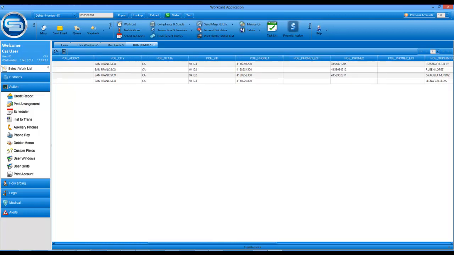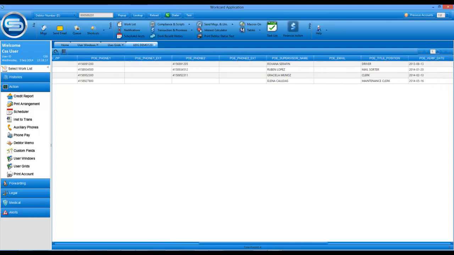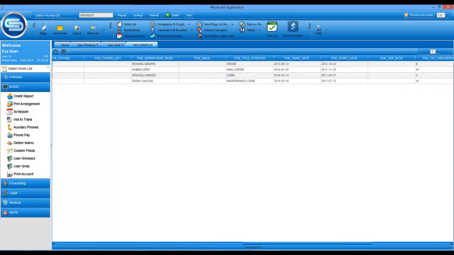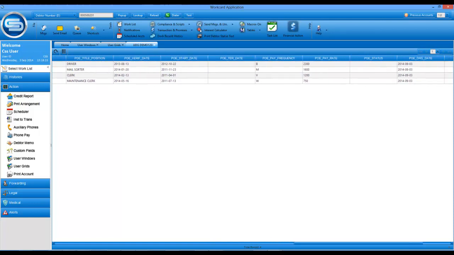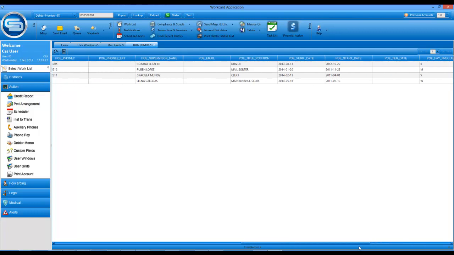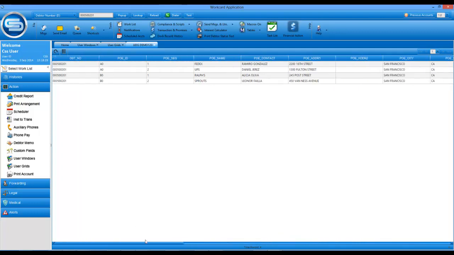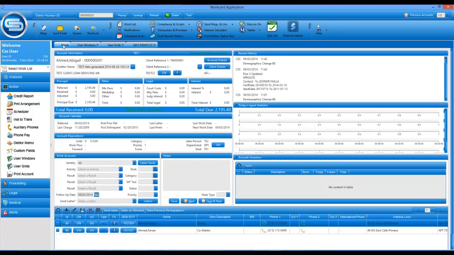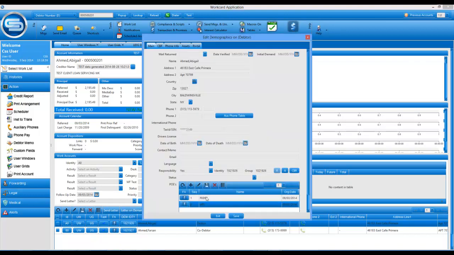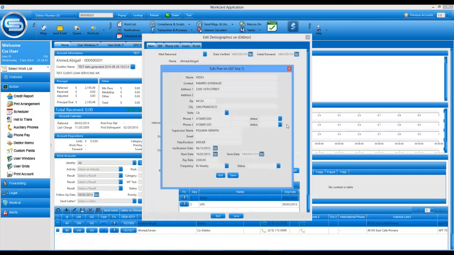So this could be a useful grid that will keep all of the places of employment in one single place, again dynamically displayed in the grid, instead of having to open the demographic and opening each one of the details